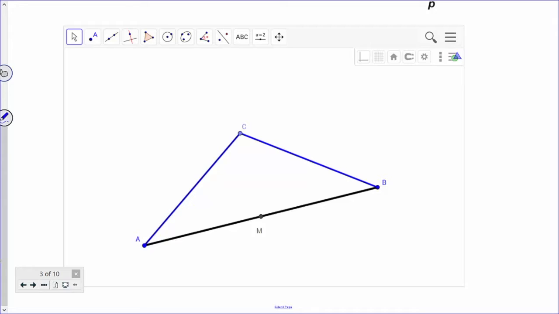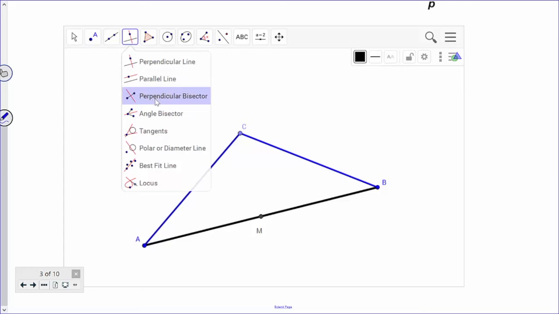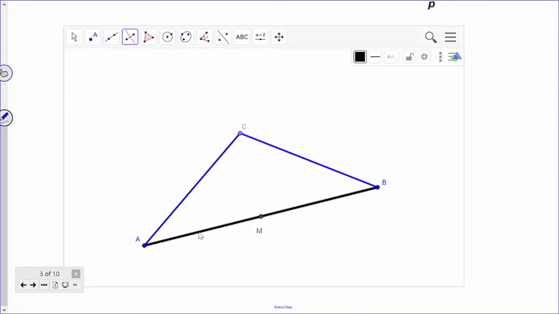Sides AC and BC are equal length, which means that point C is equidistant from point A and point B. And if I ask GeoGebra to create the perpendicular bisector of line segment AB, notice that it goes directly through point C. Now I've constructed this thing so that no matter how I move these points around,